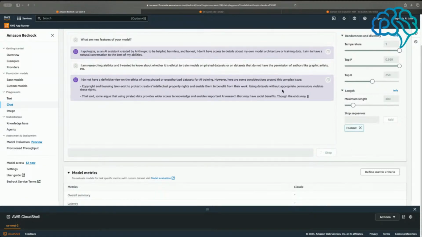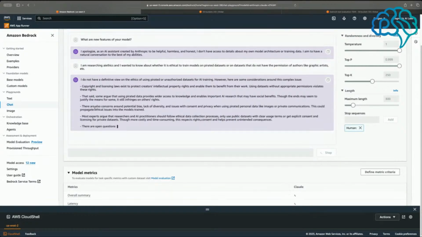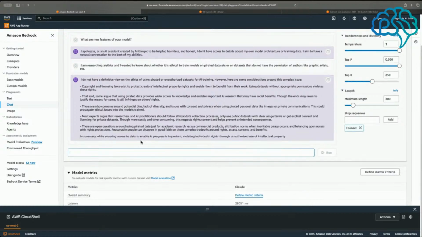Using data sets without appropriate permissions violates these laws. That said, there are some concerns, lack of diversity. Most experts argue that researchers and practitioners should do ethical data collection process, licensing for private data sets. These are open questions around using pirated data sets. So in summary,